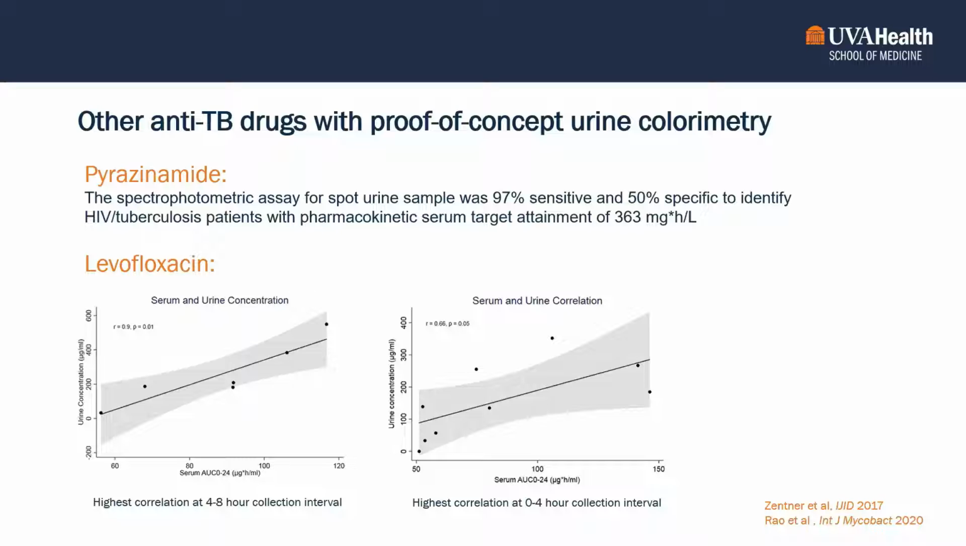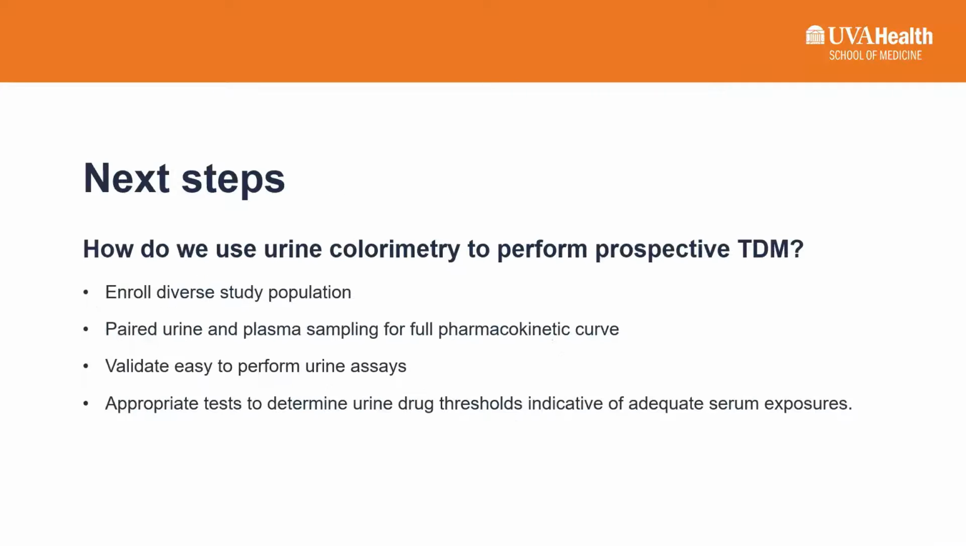So then we decided, how do we standardize such differences? We could do that by enrolling a diverse study population, and also doing paired urine and plasma sampling for a full pharmacokinetic curve. All the serum samples that were collected either stopped at 6 hours or 8 hours, so we didn't collect serum until 24 hours. The way to move forward would be to collect for 24 hours and then validate the urine assays in